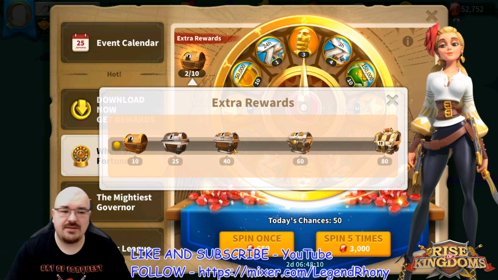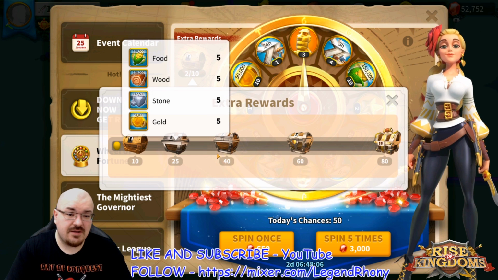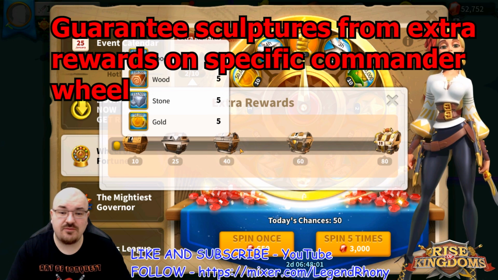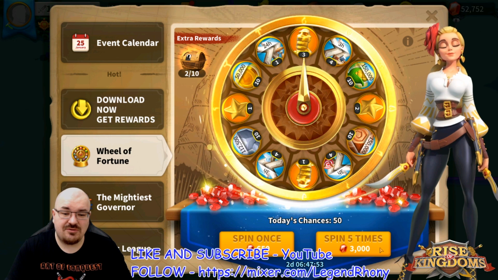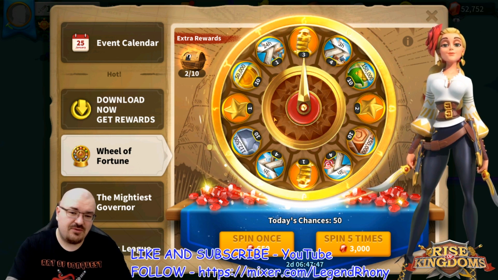On the other hand, you guys know that on the specific wheel, on every single mark, you do get sculptures, either the specific one or the universal one. So there is another reason why the specific wheels are much better than the universal wheels. So pretty much what I'm gonna do is just spin 5 times and probably another 5 times. The best way you can do your 10